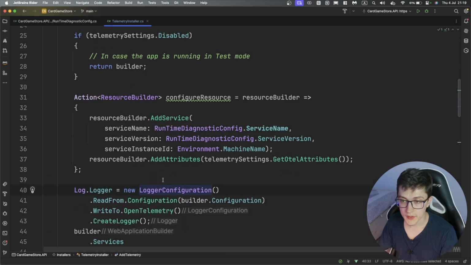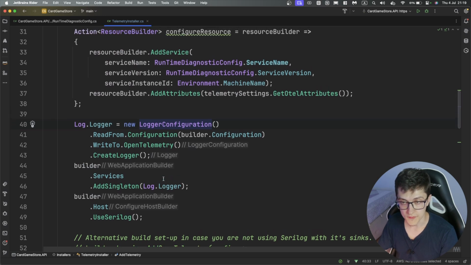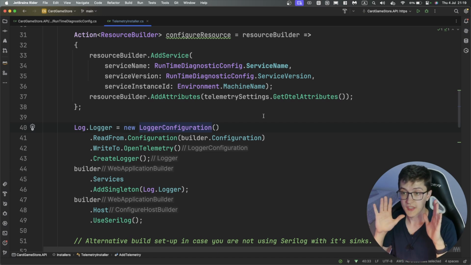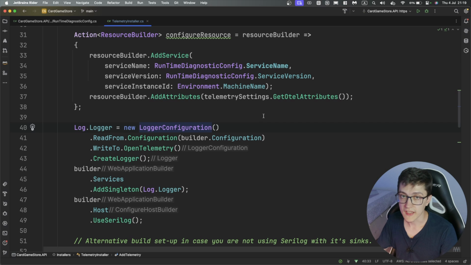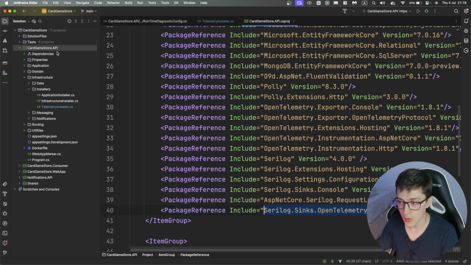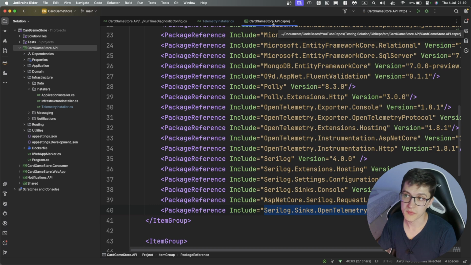And here we start configuring our signals. So the first one is going to be logs, and there are actually two ways to configure logs in this setup. And essentially the first one is via Serilog, and it's native, you can kind of call it native support for OpenTelemetry, which is via the Serilog sink to OpenTelemetry, and you can configure it from the app settings like